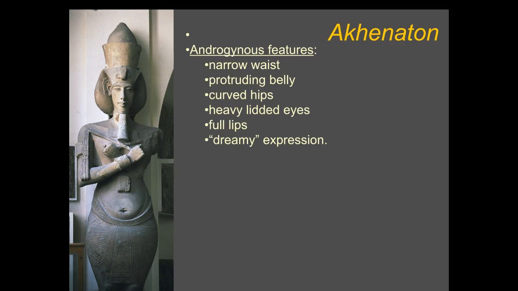So what we're seeing here is more androgynous features. Symbols of the sun god in human or animal forms did not exist in this period at all, but we've seen this a lot previous to this. So the sun symbol replaced everything. In the sculpture and painting, the traditional rules of proportion were abandoned and more expressive intimacy replaced the earlier stiffness and formality. This is called the Amarna